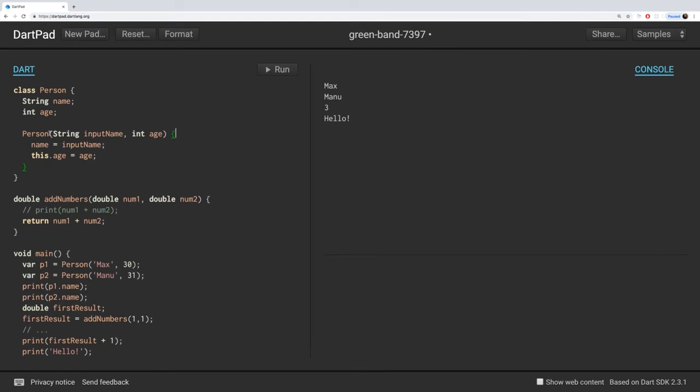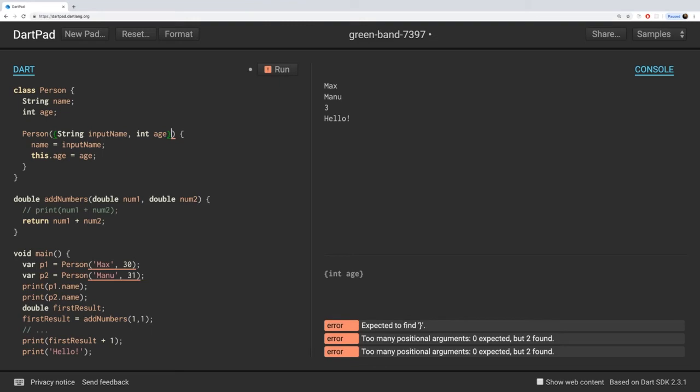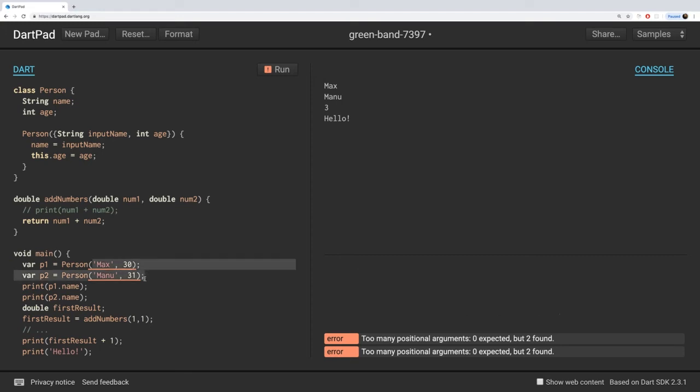Now, besides using this syntax here, you can also use named arguments. That means that you simply wrap that here in curly braces. Now what this does is, it means that now these arguments are all optional, and therefore of course you should write code that can live with no values being provided,